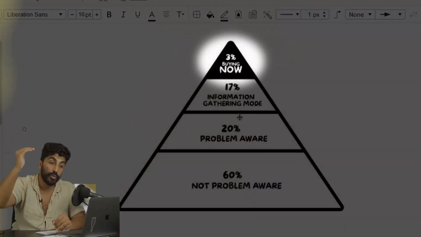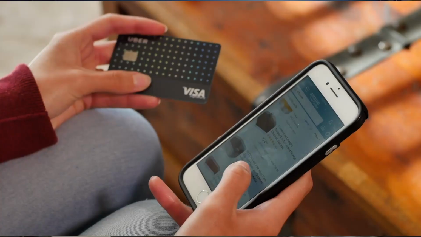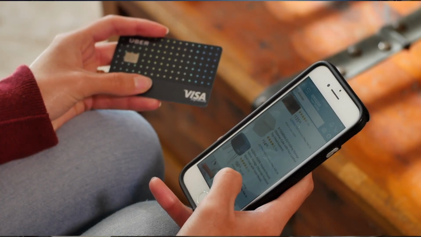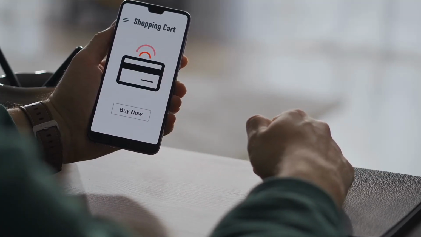Now, the way you market to each stage of this target audience and where they are is completely different. Your job as a marketer is to make sure that you meet your target audience at every single one of the levels on this pyramid, and then take them from that pyramid to the uppermost level as soon as they're ready to buy, to let them pull the trigger on the purchase in the easiest and least resistant way possible.